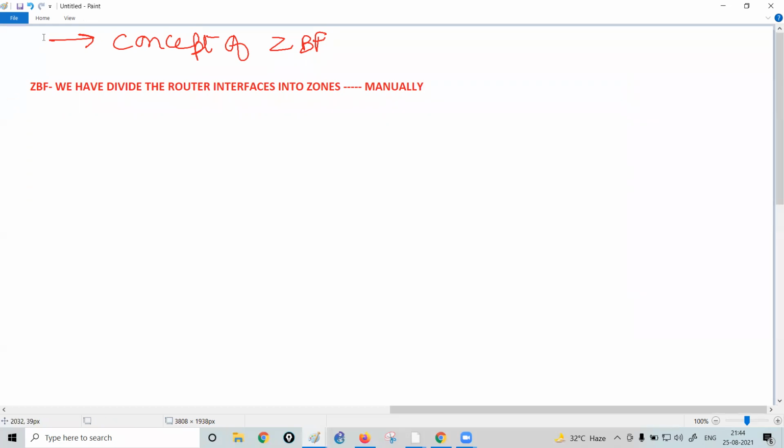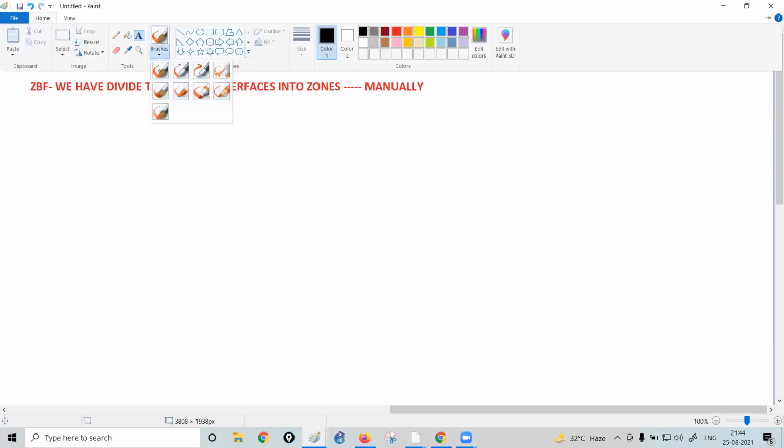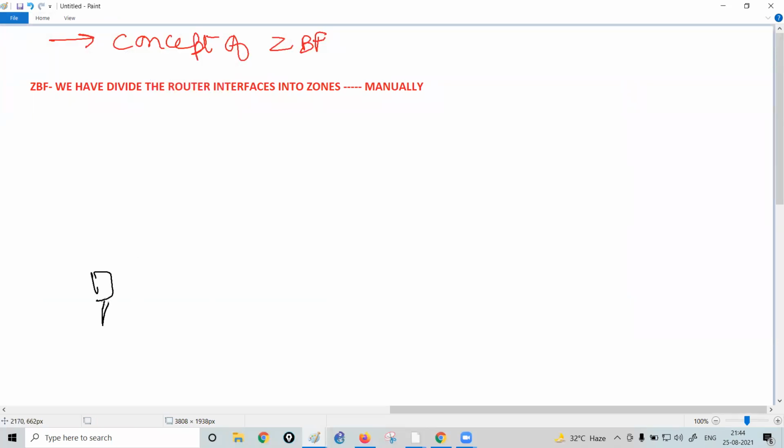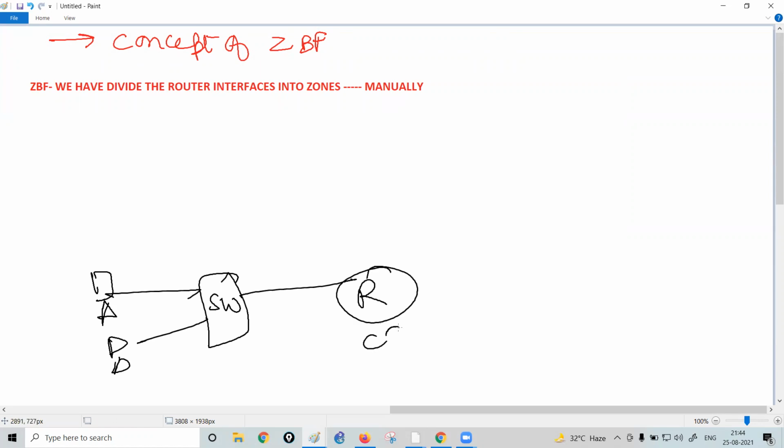It means that, let's suppose you are having a topology something like this. These are your end users. Then you are having a switch. Then you are having a customer edge router, which is further connected with the ISP.